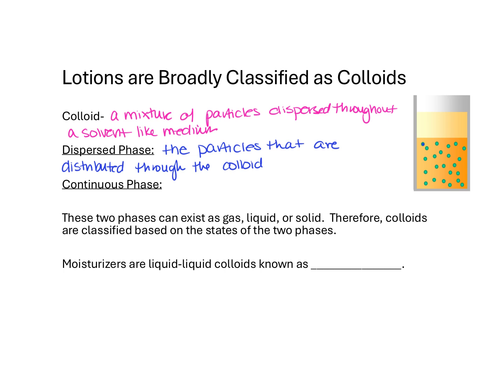And they're shown in green here, but I did it in blue to show you where those are, okay? So that's the dispersed phase. Those are the itty bitty particles that are spread out through the continuous phase. The continuous phase, which is shown there in that yellowy orange, is the solvent